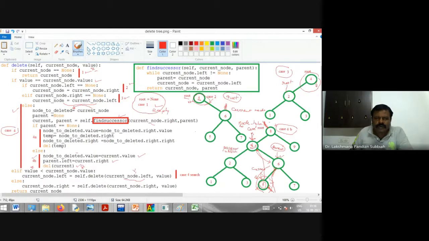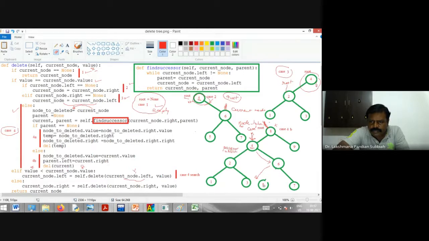Now how are we handling case 4a? Now we are explaining case 4a. Assume that we don't have this node, and I am deleting that one.